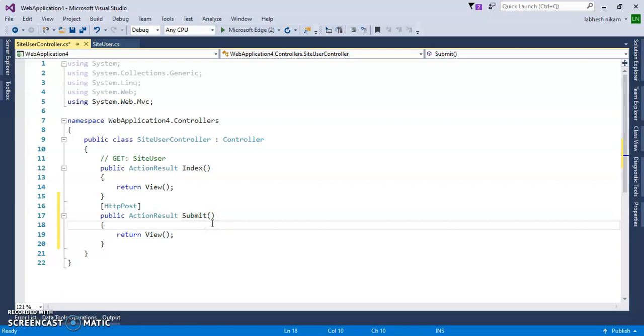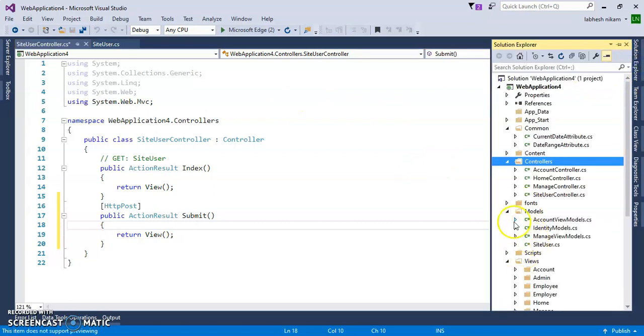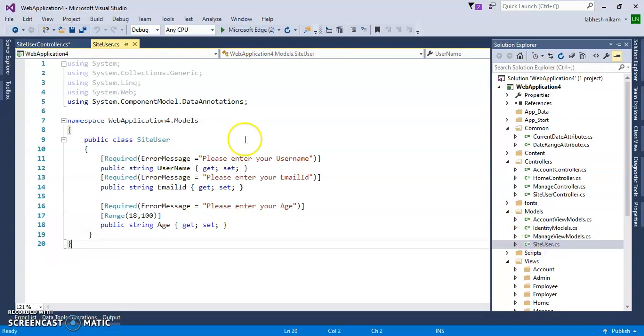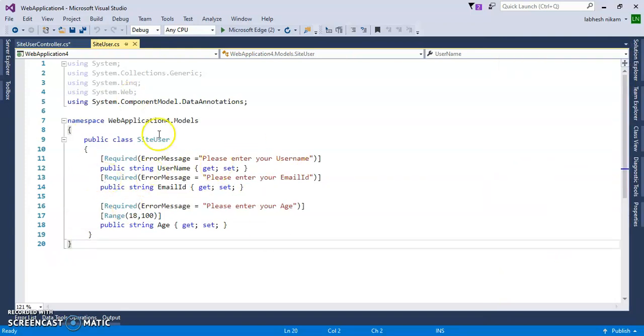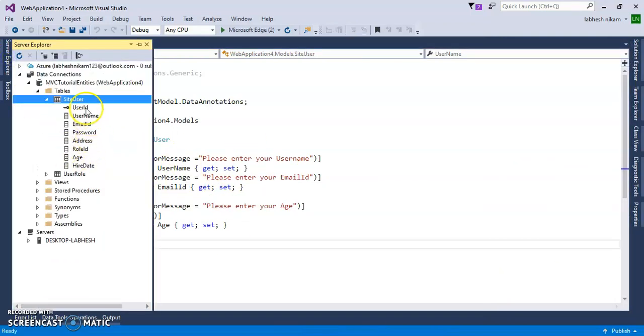I have created one model inside of this Models folder, the SiteUser model. I have added some properties of this table, like username, email ID and age.